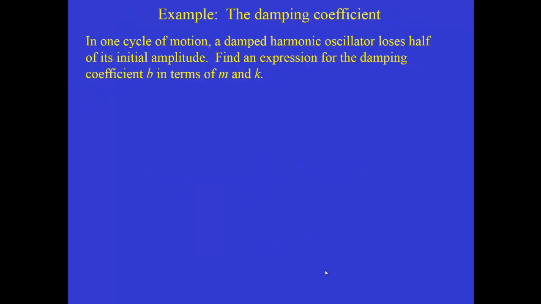So here's a quick example. Imagine that you're given a problem, and there are some homework problems similar to this, that says in one cycle of motion we observe a damped harmonic oscillator to lose half of its initial amplitude. So if the initial amplitude was 10 centimeters, we let it go, and after one oscillation it only comes back to 5 centimeters. So with that information, find an expression for the damping coefficient b in terms of m and k. So this, obviously, if it's going to oscillate and come back, although at a lower amplitude, is underdamped